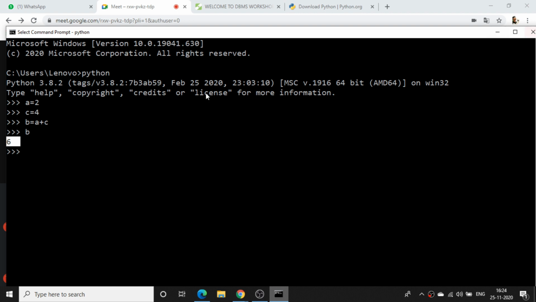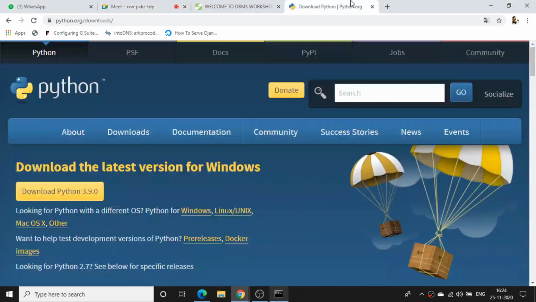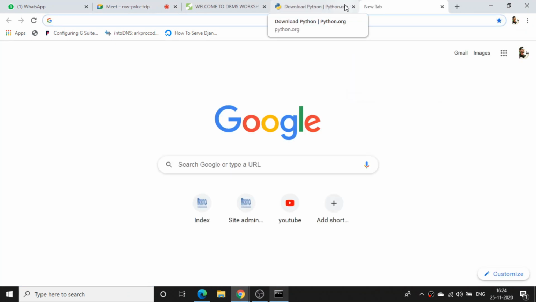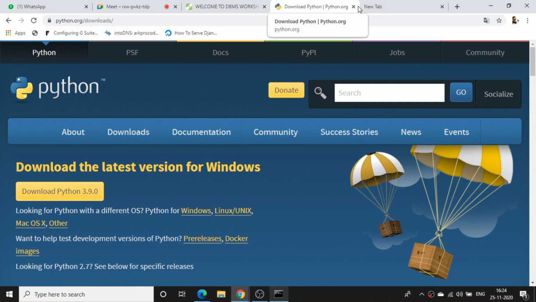Okay, Visual Studio Code will be used as an editor to run our Python programs, as well as our DBMS mini project. Python is an IDE, and Visual Studio Code is an editor where you will attach Python, then you will just run the program. That is our Visual Studio Code. I just close this one. So I'll just close the Python.